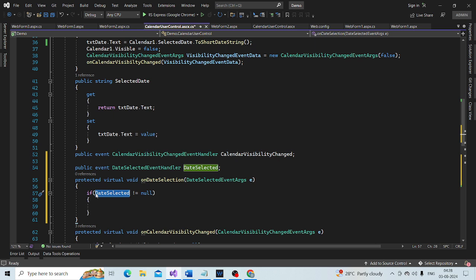So what do we want to do? We simply want to raise the event. Now when you are raising the event, look at this event, the date selected event.